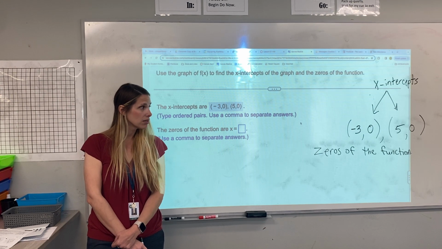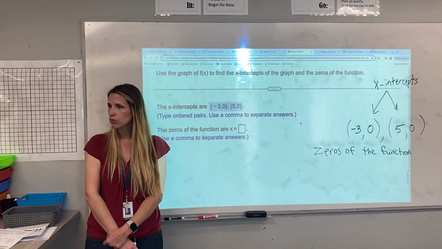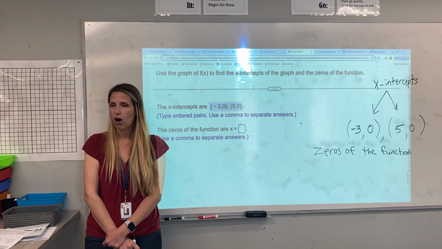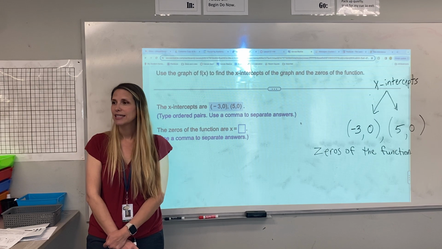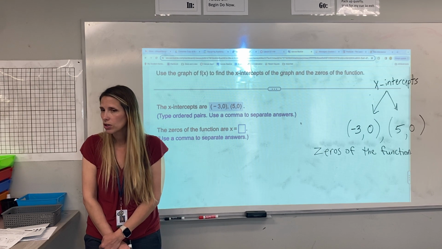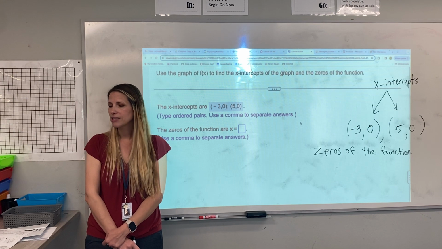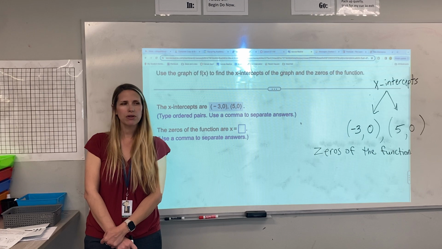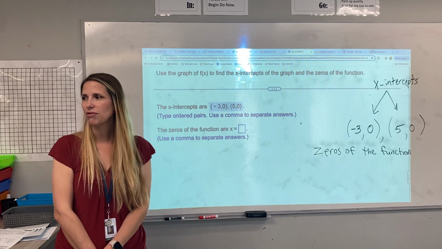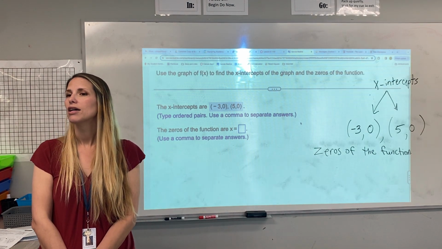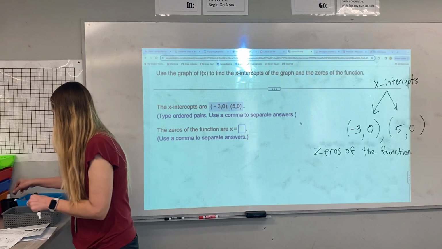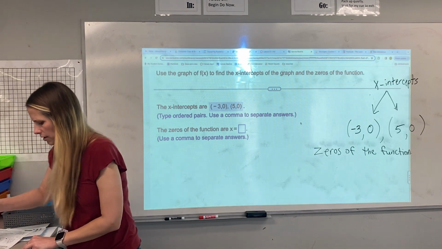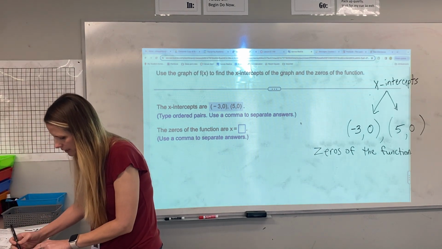The y values of the x-intercept are always 0. So that's why they call this the zeros of the function. Asking for the zeros of the function is the same thing as asking for the solution. Very good. And I talked about this in class, that sometimes you're going to get